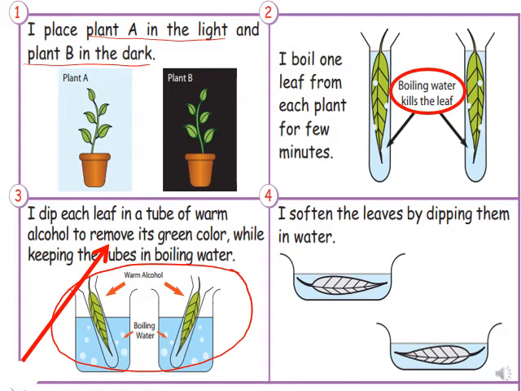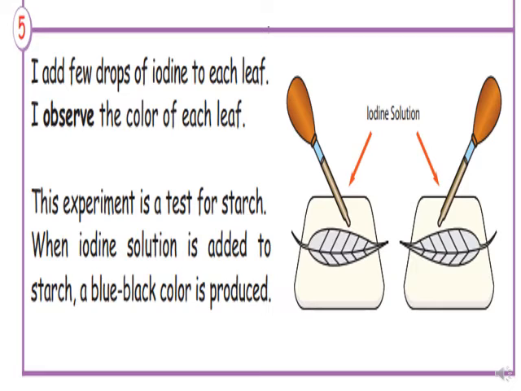Then we soften the leaves by dipping them in water, which is step 4. So first we have two plants, A and B, one in darkness and one in light. We boil leaves from these plants, plant A in light, plant B in darkness. The boiling water kills the leaf, and we dip them in warm alcohol to remove the green color. Then we place them in water to soften them and to prepare them for the 5th step, which is adding the